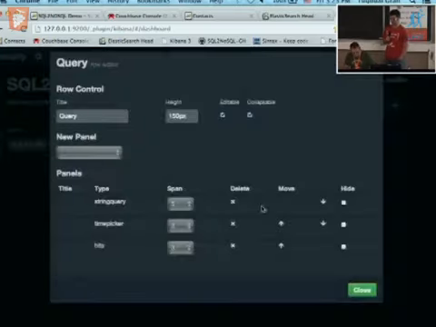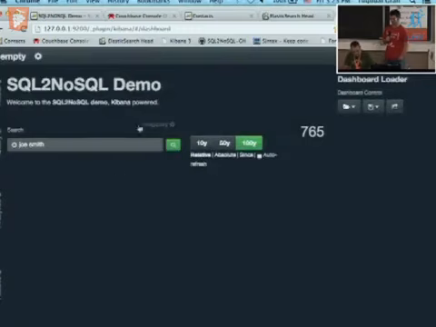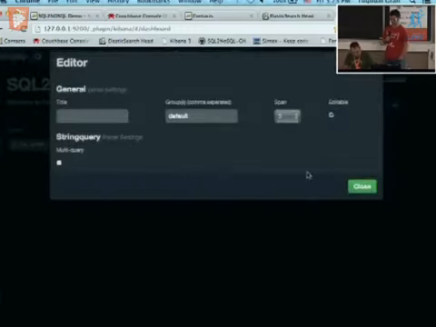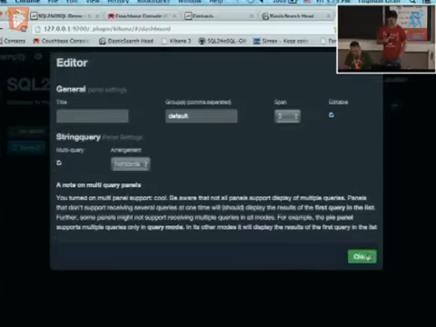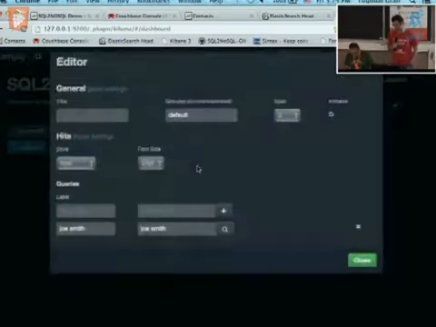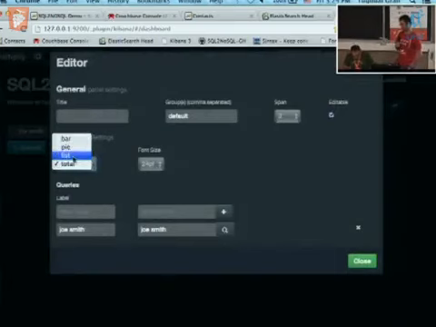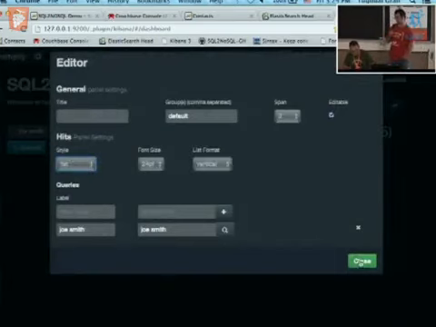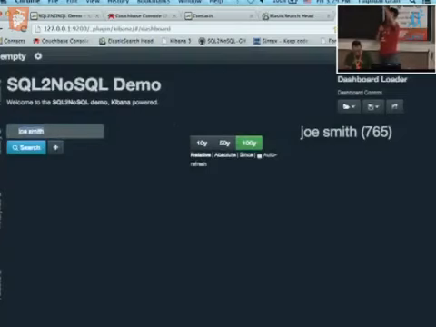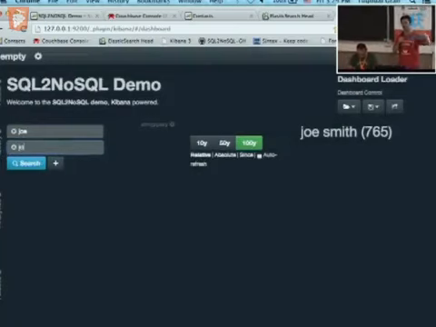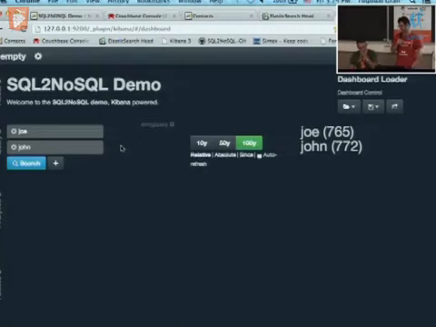Oh, by the way, we can do something else. Let me modify that. I want to use a multi-query here. Here I can now use a list of values. This is something new. The good part of this is also that everything you see built using the UI will be accessible as an API. You can query your index with all these parameters. So here I build two queries, Joe and John, and I have the distribution of results with Joe and John.